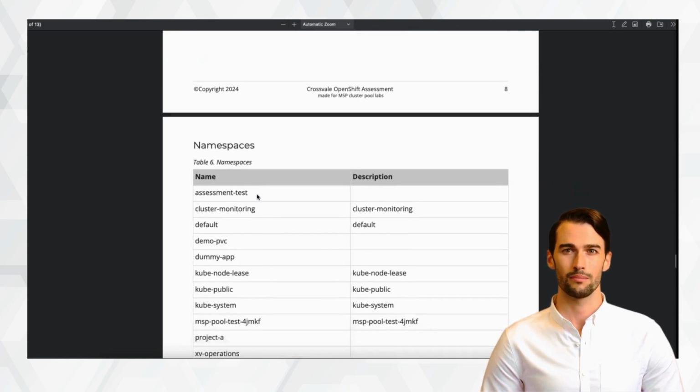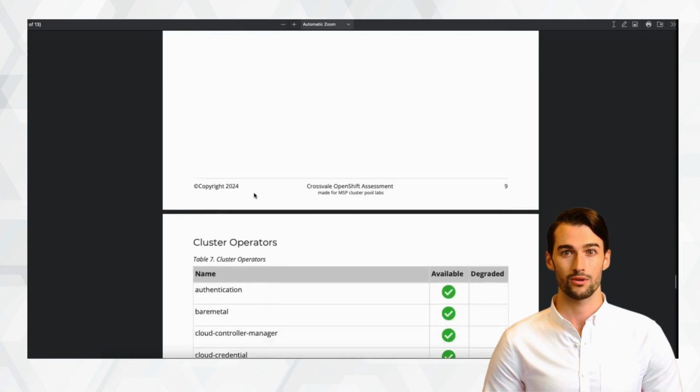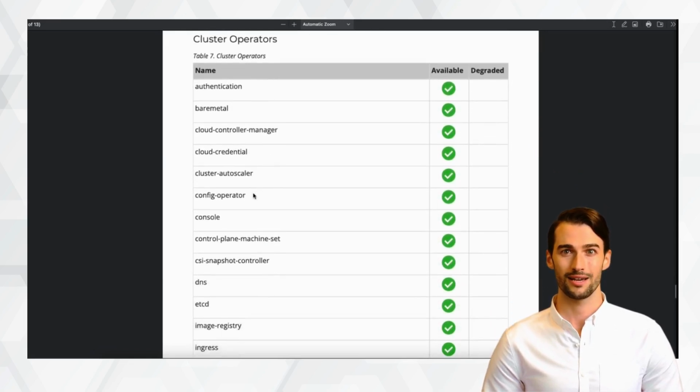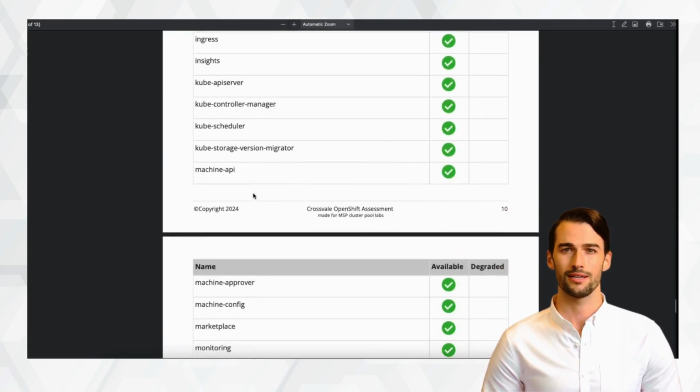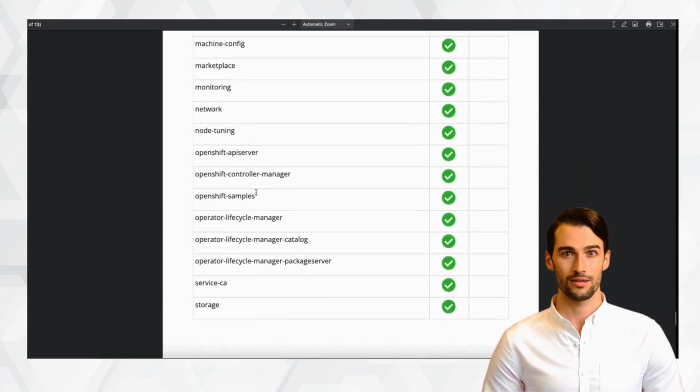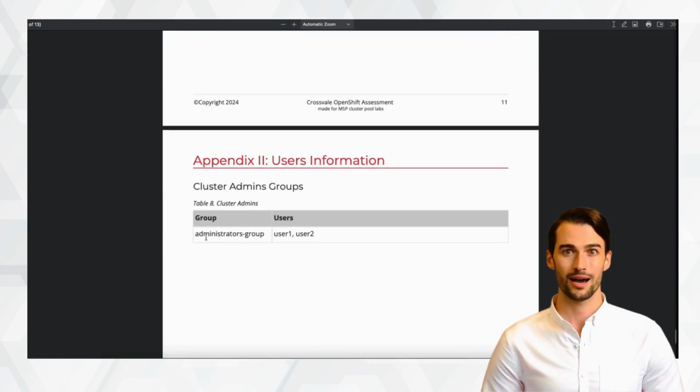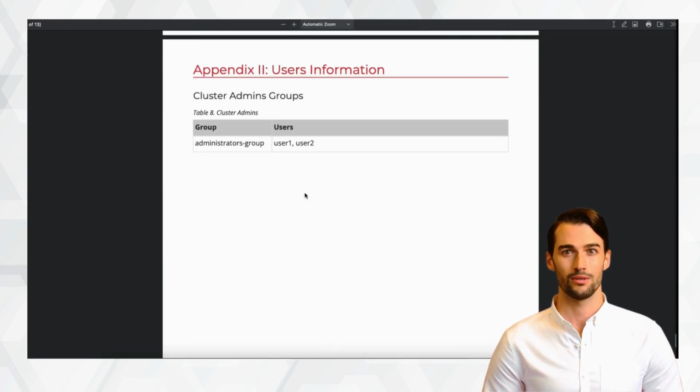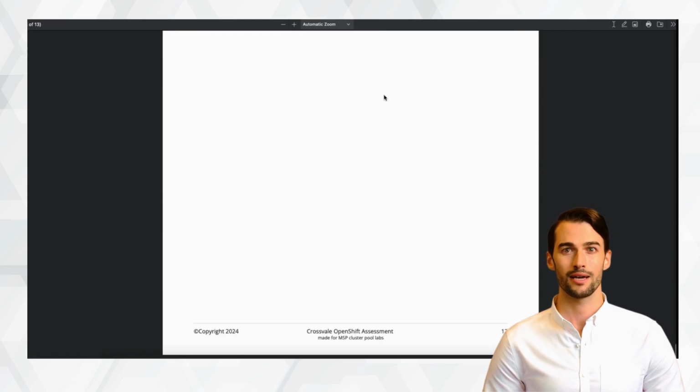Following the assessment document, we can now confirm that all cluster operators are functioning optimally, as none of them are degraded and all are indicated as green. Therefore, removing the potential stability issues, an admin group has been created with admin users. So, the temporal kubeadmin can be disabled.